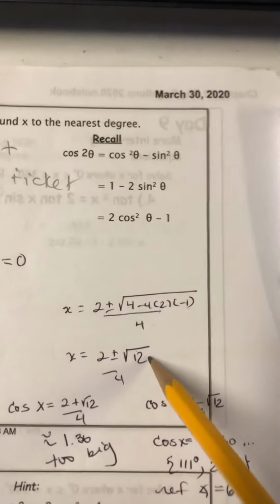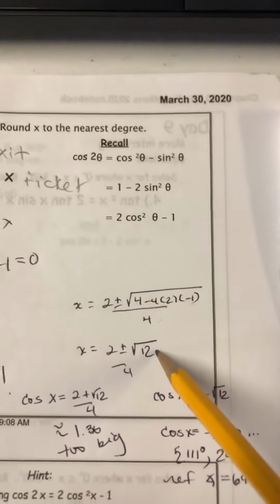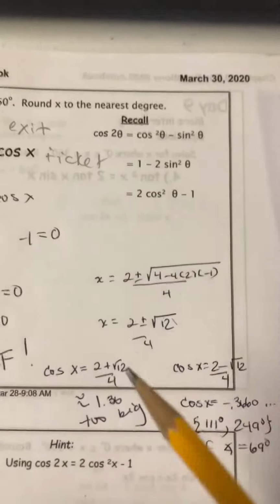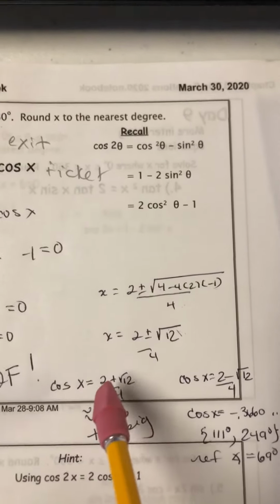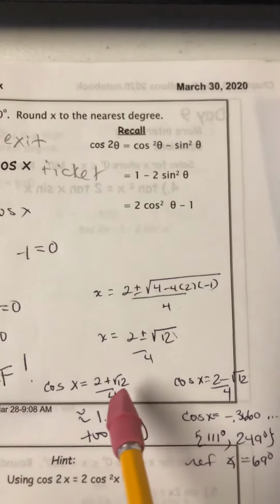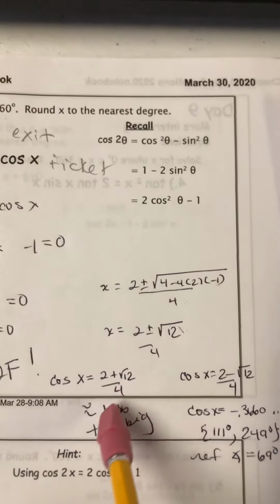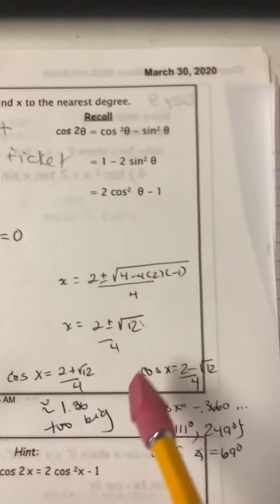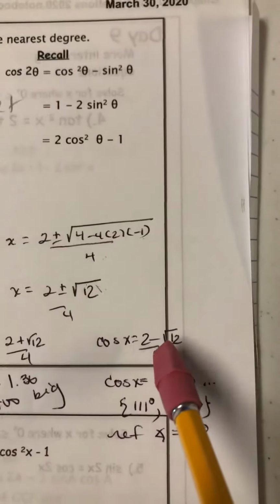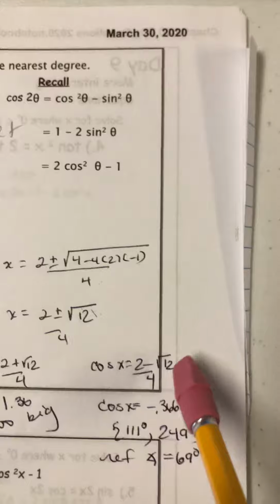I mean, it's good practice for the SAT if you still have to take it for next year. That's, I guess, up in the air, right? So 2 answers, split the plus or minus, so 2 plus the square root of 12 over 4. But if you type this in a calculator, you will see right off the bat it's too big, so no answers there. But if you do type in 2 minus the square root of 12,